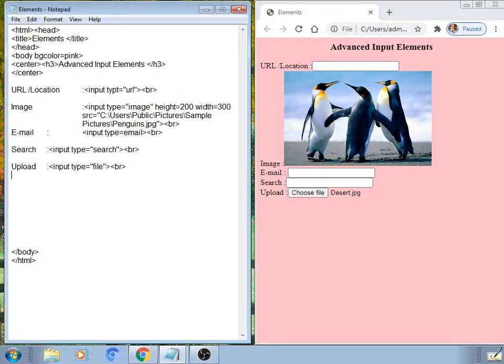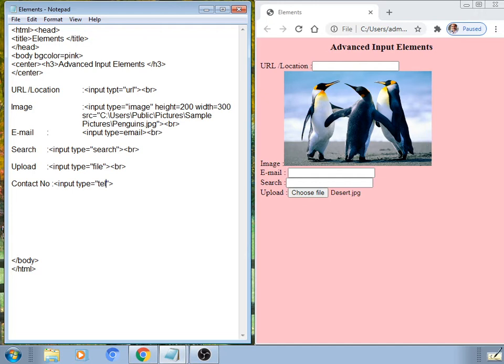Next field is telephone box. Telephone box, it is also known as tel. So for this we are using a field name as contact number. Again we are using input tag, its type is nothing but tel, telephone box, where a user can enter their telephone numbers in a specified manner.